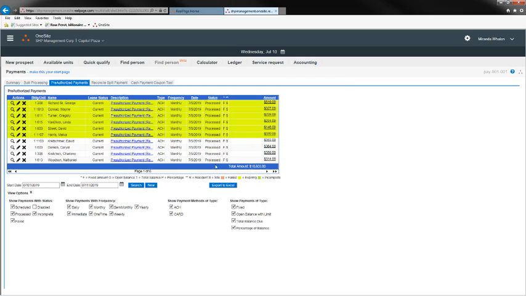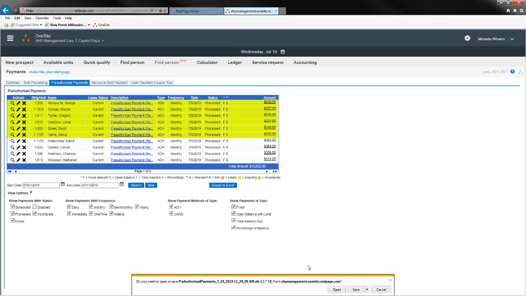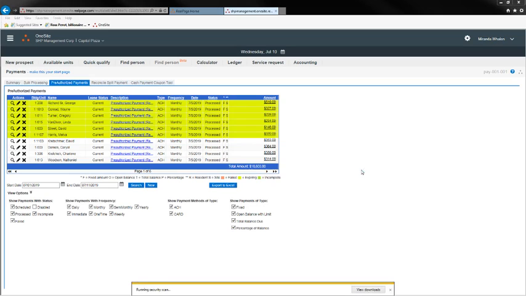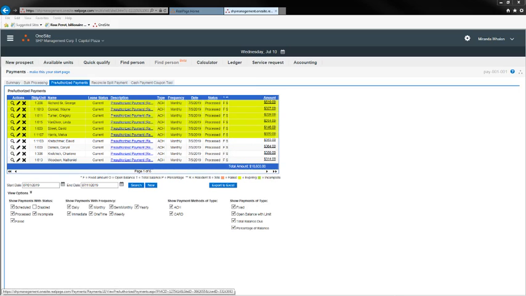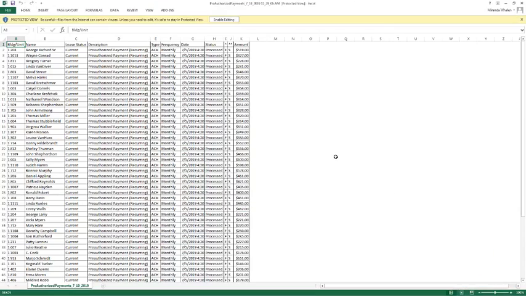If you want to have a report on hand of all of the recurring or pre-authorized payments at your property, you can use the export to Excel option here. Select open. Click yes to open it. Here we go. So here I have my building unit, the name, whether this is a current household, the description,